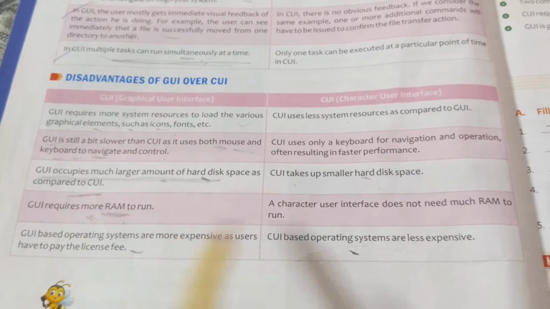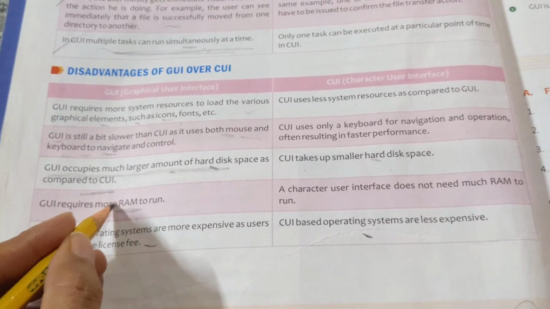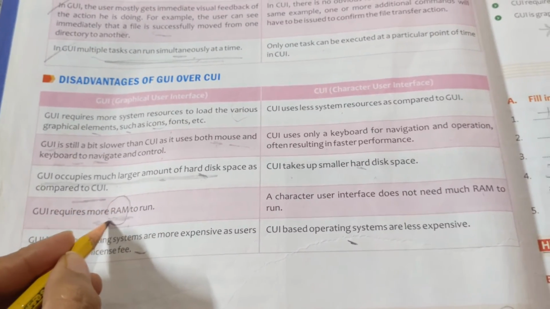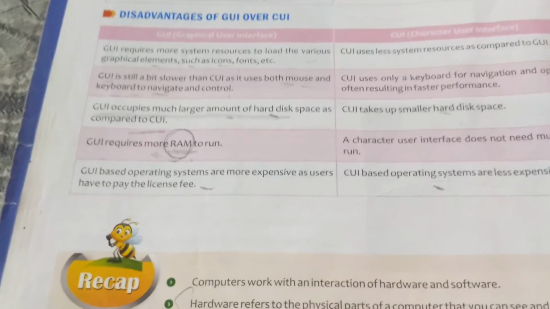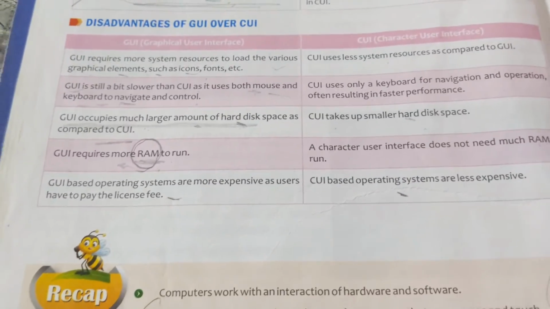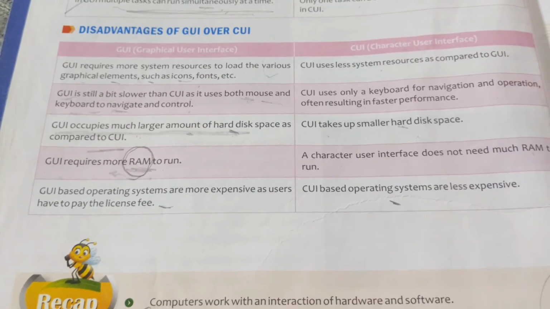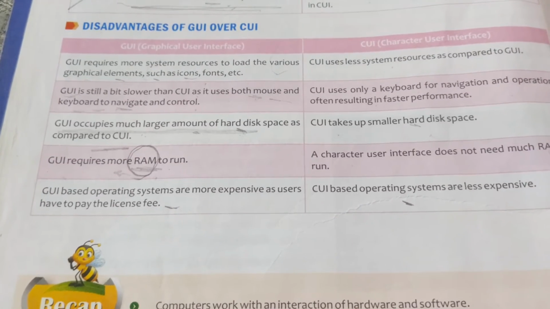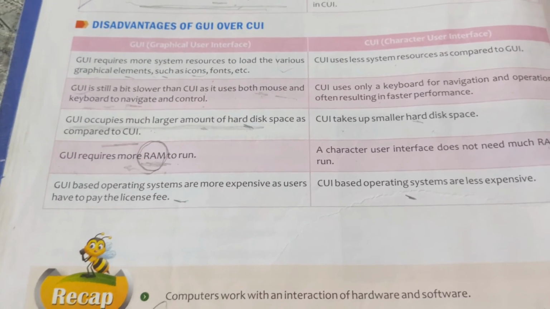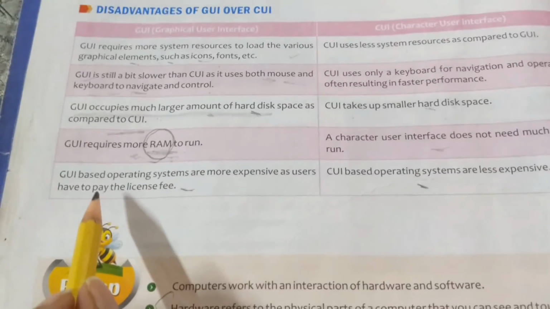So GUI requires more RAM to run. What is RAM here? It's random access memory, that is your primary memory. तो इसको ज़्यादा चाहिए काम करने के लिए. As we know that the current processes, जो हम करंटली कुछ काम कर रहे हैं, किस मेमोरी में काम कर रहे हैं? We are dealing with primary memory जब हम काम कर रहे हैं कंप्यूटर पर. But in that case GUI को रैम ज़्यादा चाहिए, इसको कम चाहिए.